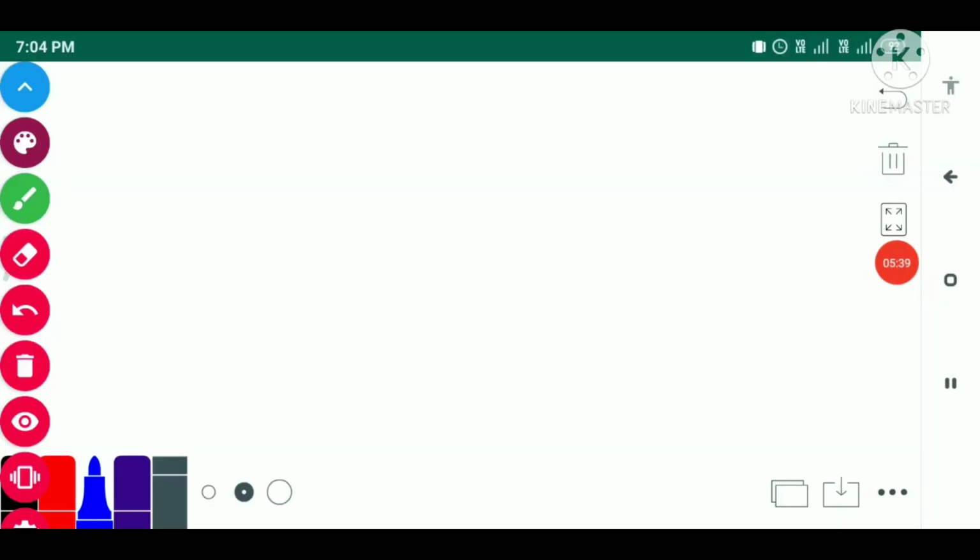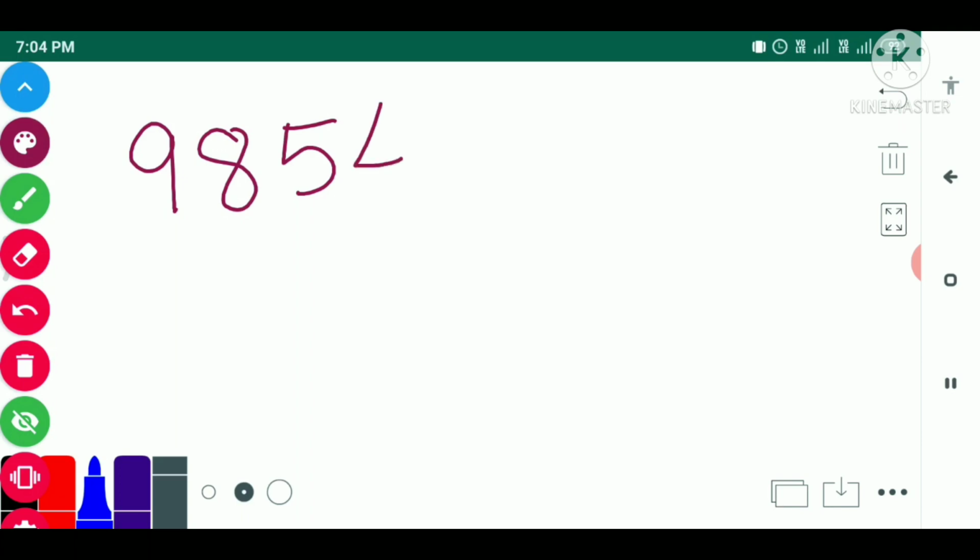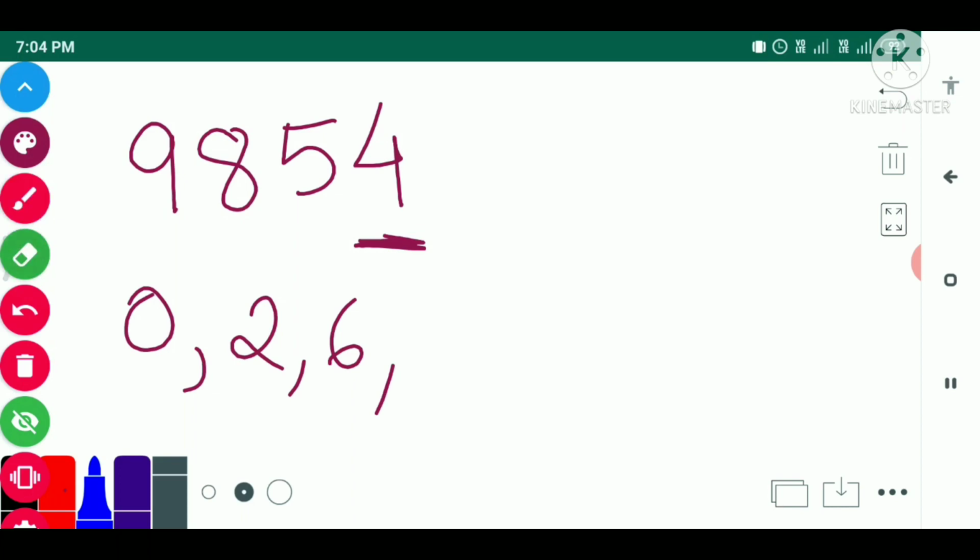My dear students, if I write any 4-digit number, for example 9854, you have to tell me whether it is an odd or even number. In order to identify this, we'll see the ones place. For an even number, what are the digits that we require? 0, 2, 4, 6 and 8.